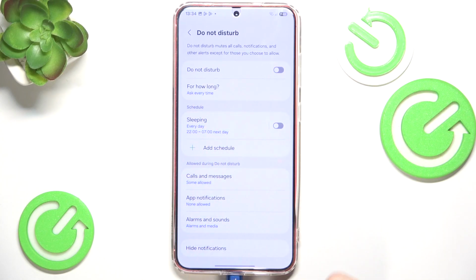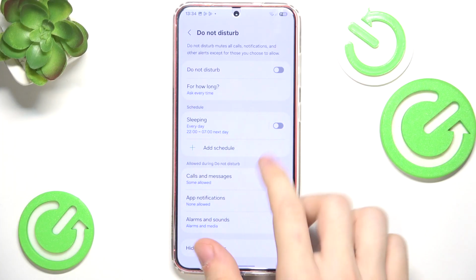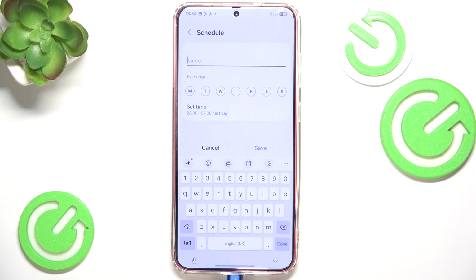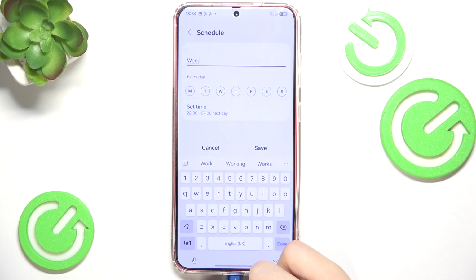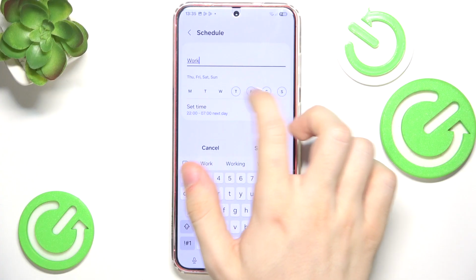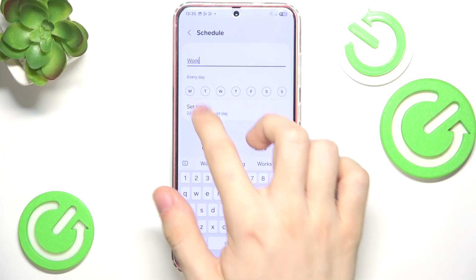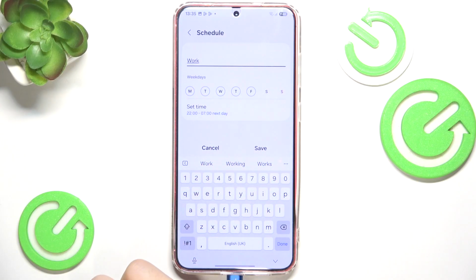So here is an automatic schedule that's by default not enabled but created, and you can enable it just like that or disable it, or you can add another schedule. You can add a name for it, for example work. Then I'm gonna set it to Mondays, Tuesdays, Wednesdays. No, I mean the ones that are outlined are gonna be selected, so I'm gonna select the Saturdays and Sundays,